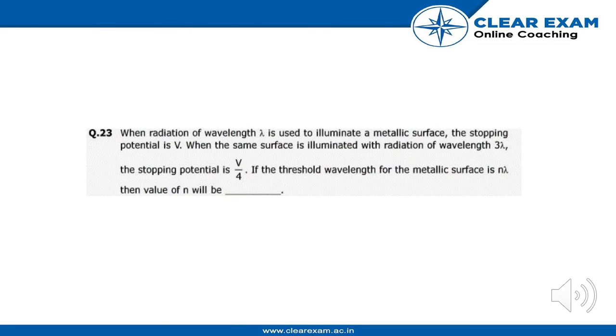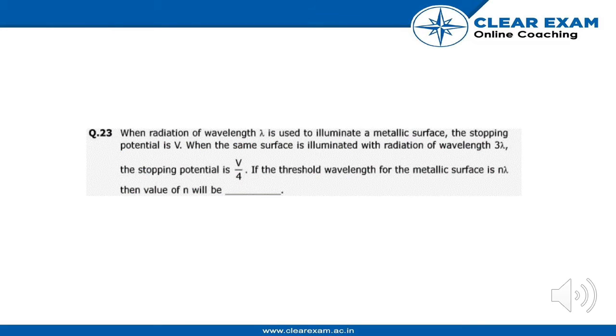Now let's move to the 23rd. So the 23rd question is, when radiation of wavelength lambda is used to illuminate a metallic surface, the stopping potential is V. When the same surface is illuminated with radiation of wavelength 3 lambda, the stopping potential is V by 4. If the threshold wavelength for the metallic surface is n lambda, then the value of n will be,